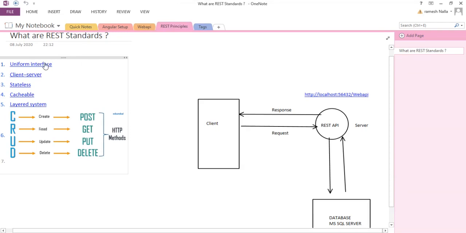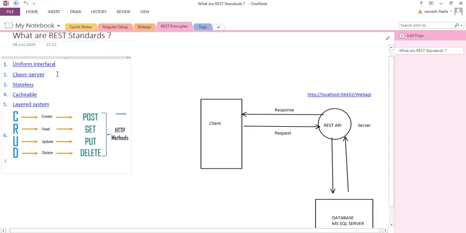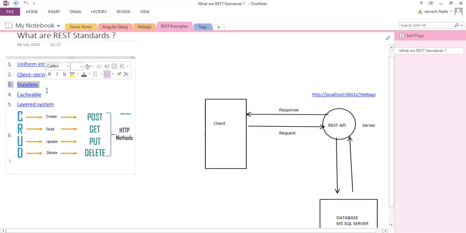One is uniform interface. It will provide the uniform interface, that is programmable URL, and it will follow client server architecture. Client is sending a request to the server, and server will provide the response in the form of JSON or XML. Okay, and it is stateless. So tomorrow, if anyone asks about the API or RESTful API, is it stateless or stateful? It is stateless. Okay, and we can cache the response. It is cacheable, and it is a layered system.